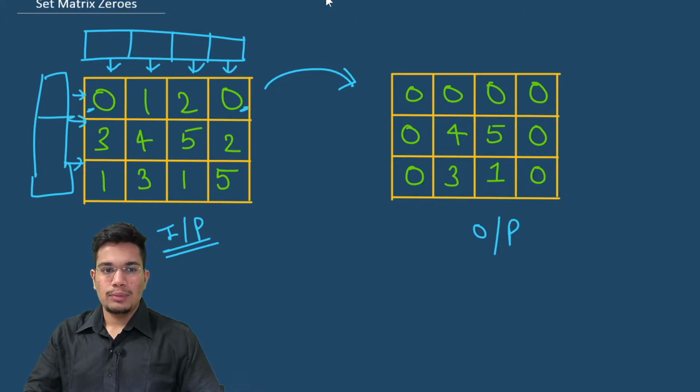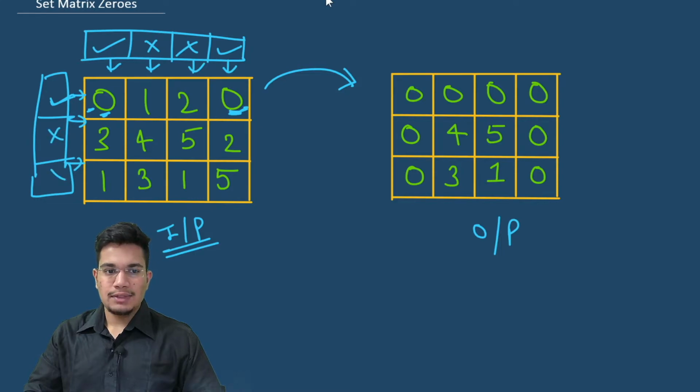rows. So what I mean by that is, if I find a 0, for example this 0, I know that this 0 is in my fourth column and my first row, so I'll make my fourth column as true and my first row as true. And similarly for this 0, I'll make this column as true and this row is already true, and then all other columns and rows will be false by default.